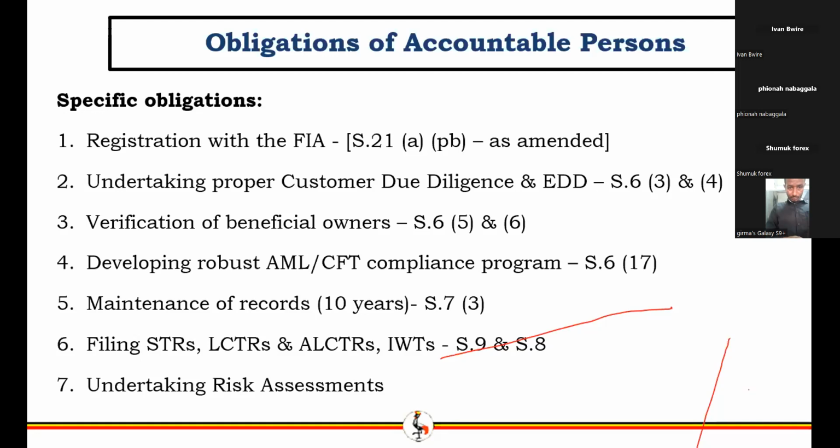One is the internal controls, policies and procedures that you're supposed to put in place. These policies, I've spoken about you submitting your policy to FIA. You're supposed to have an AML policy that guides your roadmap on what controls you're going to put in place as forex bureaus. So we expect those submissions to come through. And on top of an AML policy, there are other procedures that guide the implementation of the policy.